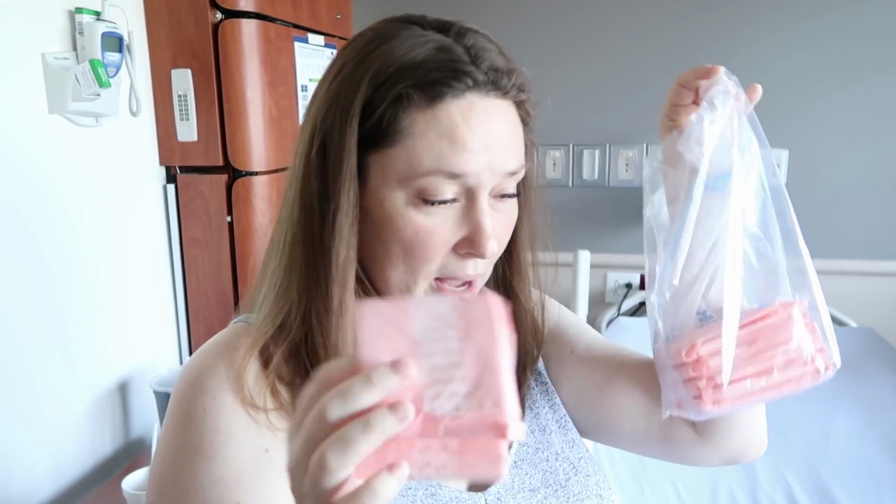They also provided these underwear. I think they say reusable, but they're disposable undies. These pads, and I feel like people are always shocked by these pads. I'm going to put the camera down so I can open it up for you and show you how big they are. They gave me these pads, and they are